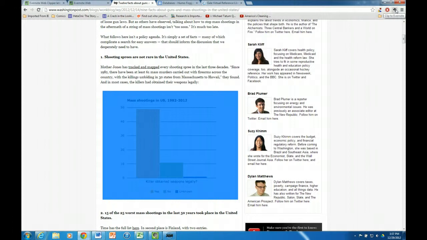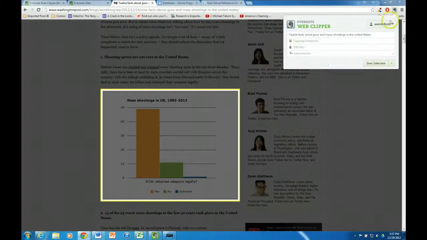And you see here, see where it says clip to Evernote? That's my applet I added at home. At school, it's not as easy to do because they don't allow you to add applets, but at home, I got my little elephant there. I'm going to click on that, and then it's going to